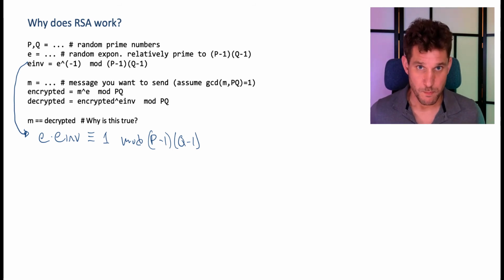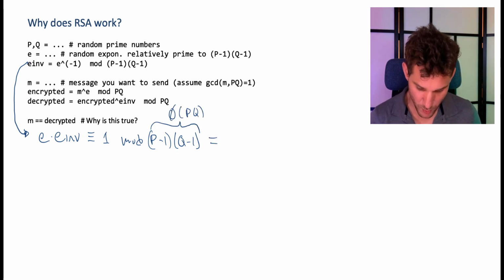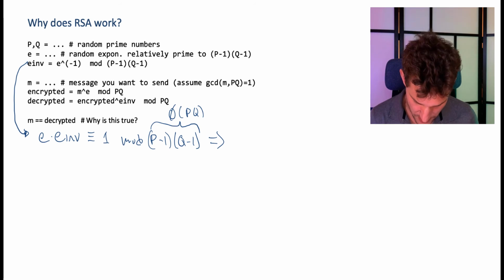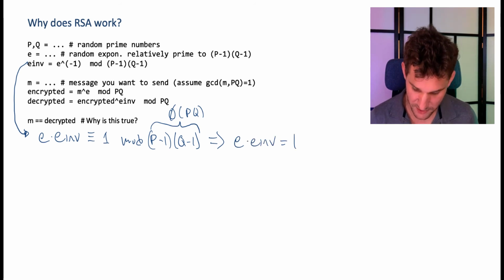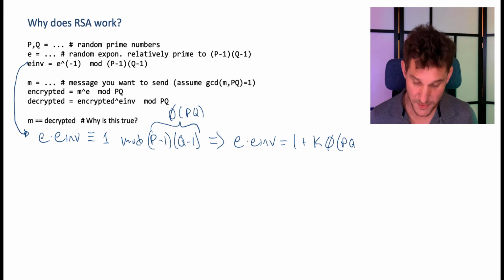Recall that p minus 1 times q minus 1 is actually phi of p times q, right? And therefore, we can actually write that E times E_inv equals 1 plus some integer value times phi of pq. This is very important